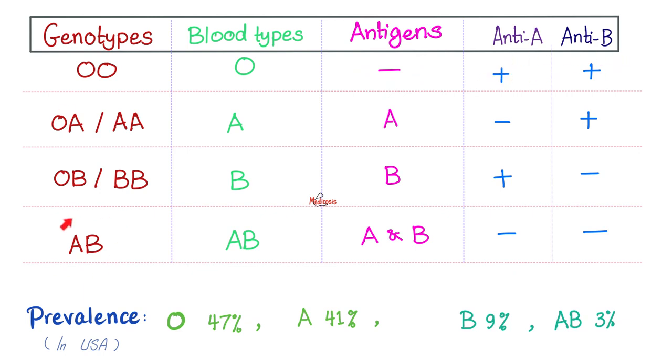The exact opposite is AB. All right, that's my genotype. It's also your phenotype. What antigens do I have? A and B. Oh, okay. Do you think your body should attack itself? No, I have the antigen. Why would I have antibody against myself? That will be crazy.